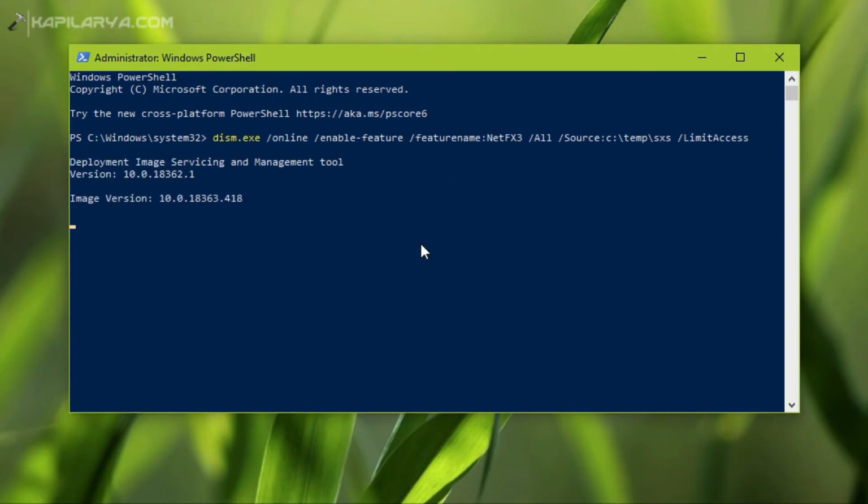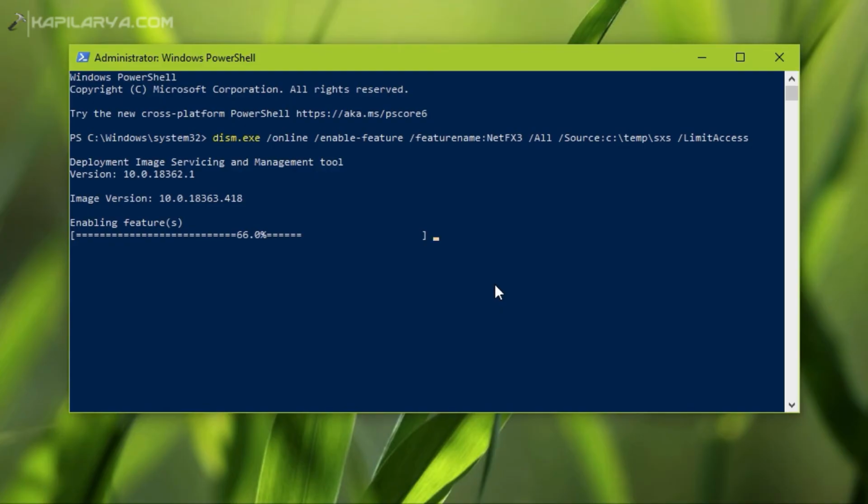As you can see, the command execution is in progress, and it is currently enabling the .NET Framework feature. You have to let this complete 100% so that the feature can be activated.